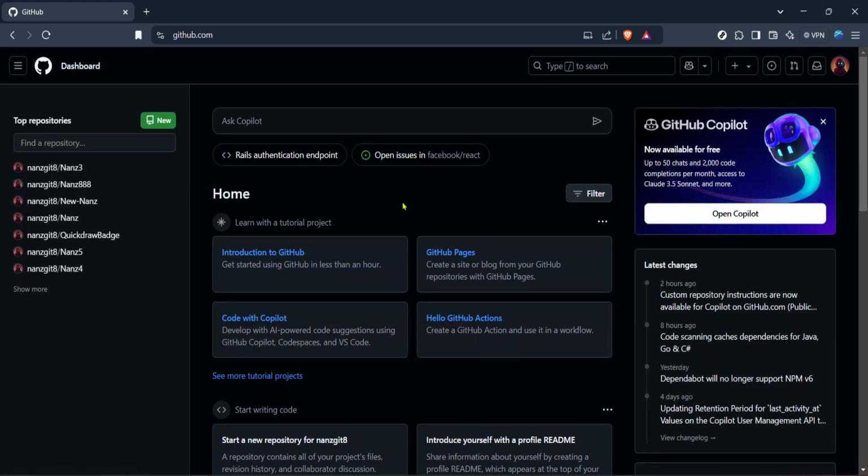The dashboard is your personal space on GitHub where you can easily access your repositories, explore others, and manage your work. Now that you're logged in and looking at your dashboard, cast your eyes over to the navigation bar on your left. Here, you want to go to the section labeled Repositories. Click on the repository you're working with and it will direct you to the main page of that specific repository.